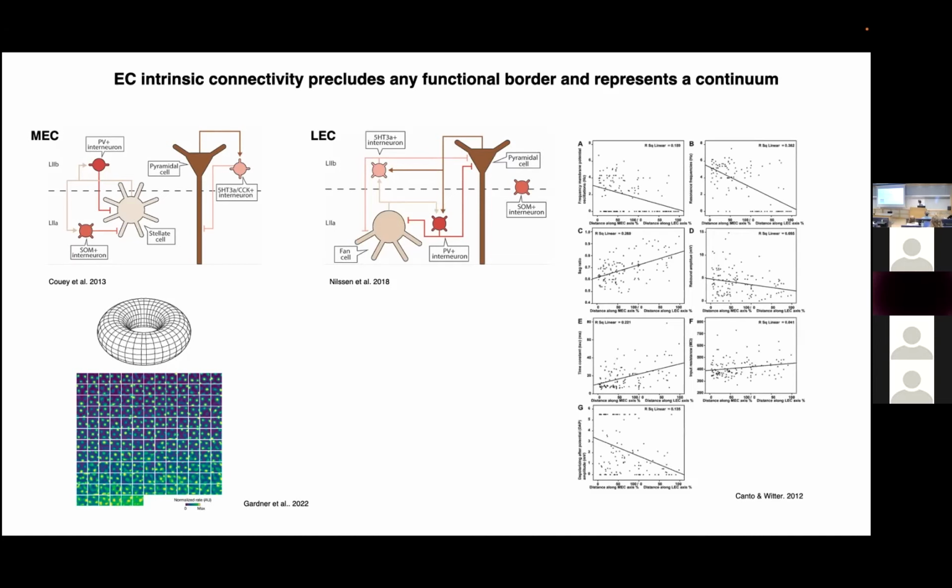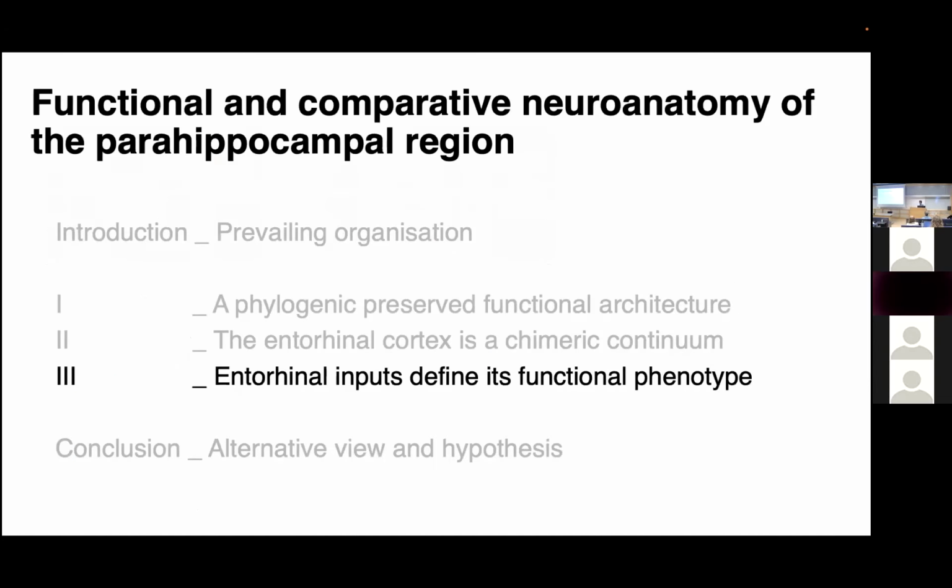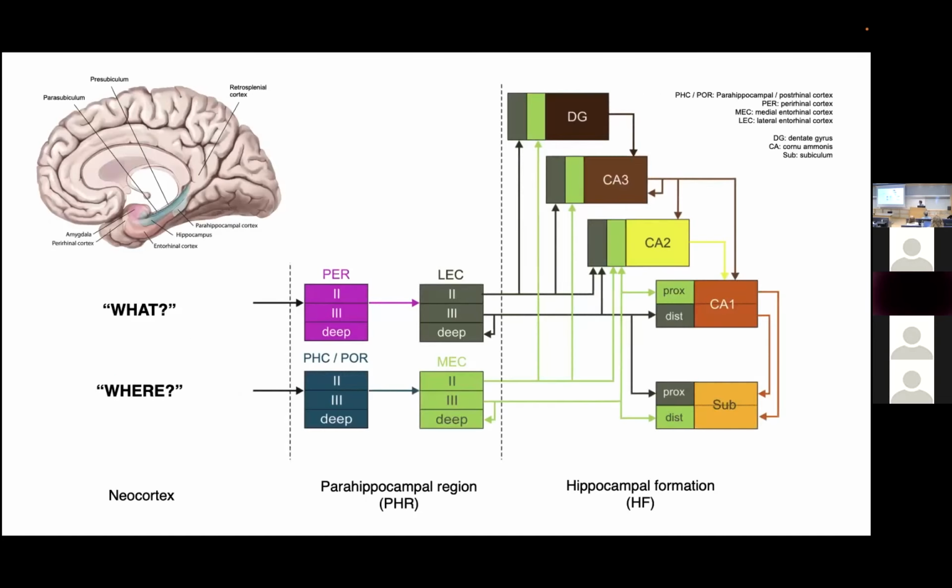When you look closer at the electrophysiological properties of single cells in the medial and lateral entorhinal cortex, you don't see any borders, any functional borders, which looks like the entorhinal cortex is actually a functional continuum. It's not two distinct entities, even though we would like to call them like this. So now I will just switch very quickly to the last part, the entorhinal cortex. So it's a functional continuum. That's what it seems. I mean, we can delineate, we can discuss this later.